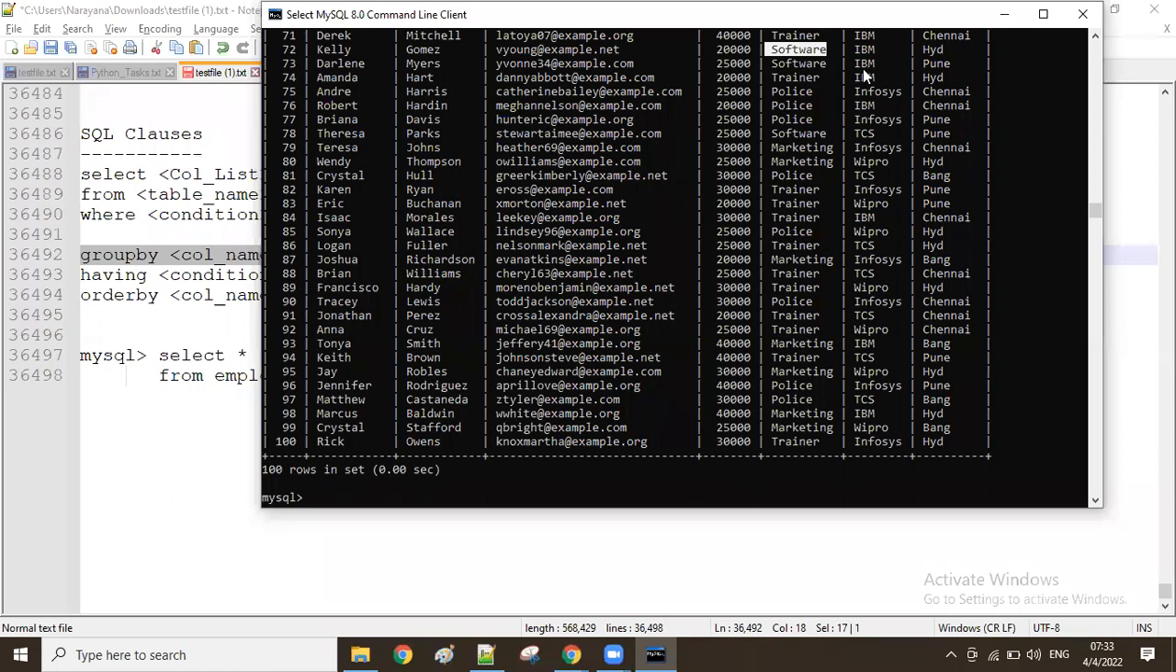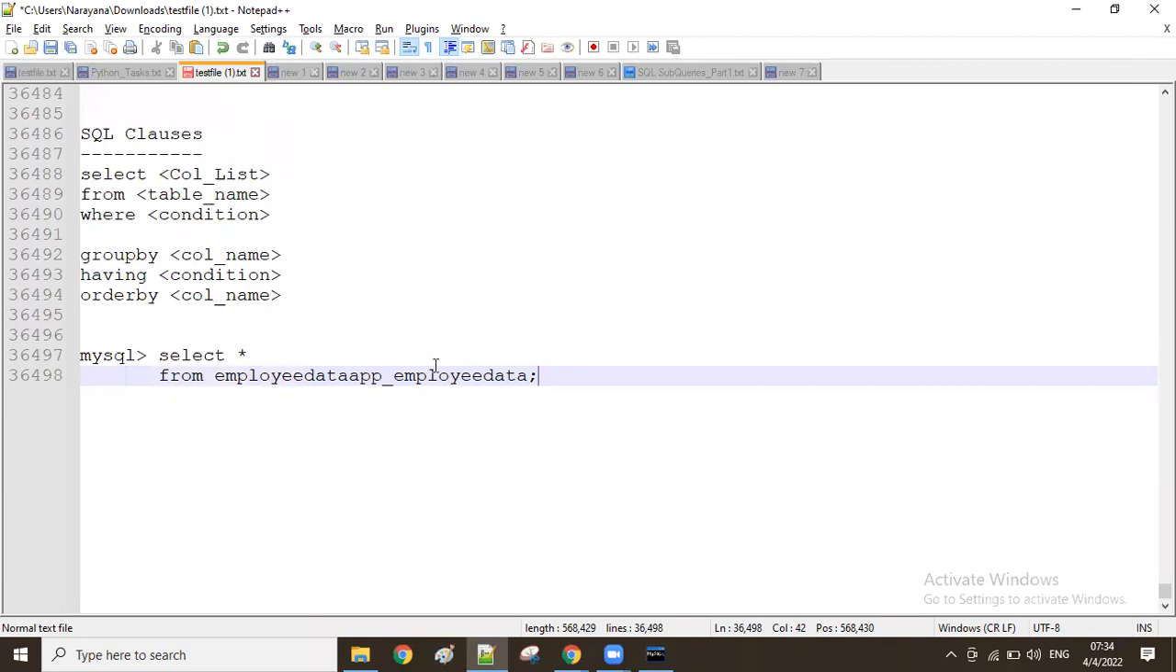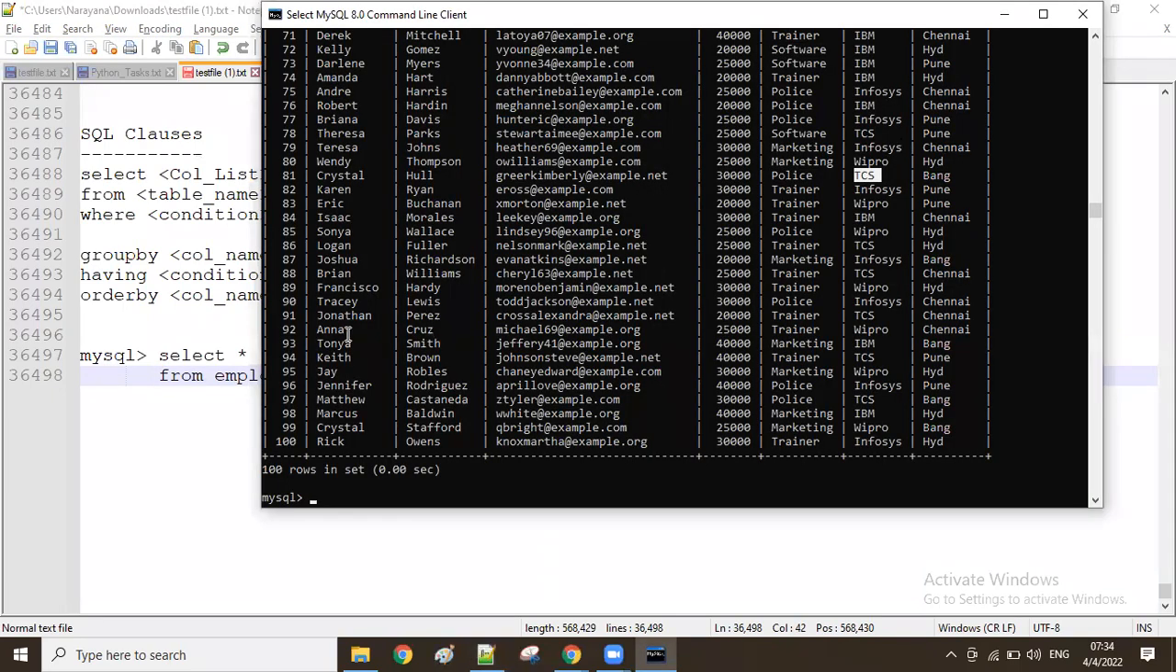Or company wise: what is the total salary of IBM company? All IBMs I make as one group, all Infosys I make as one group, all TCS I make as one group. Just observe, guys. If you want to write the group by query,